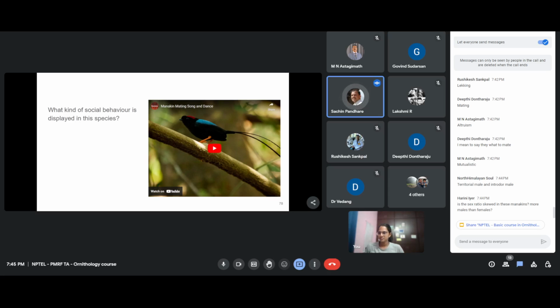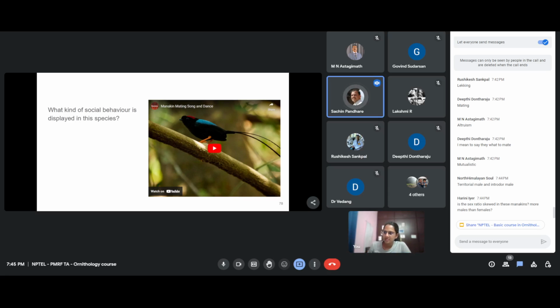Maybe in that region, a congregation has happened where more males are coming to show their skills or something like that. I'm also not sure if these groups are fixed. If one beta joins another group to be another beta, I don't know if they are fixed to one particular group or if they interchange.